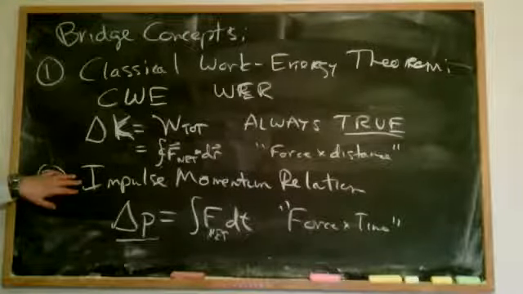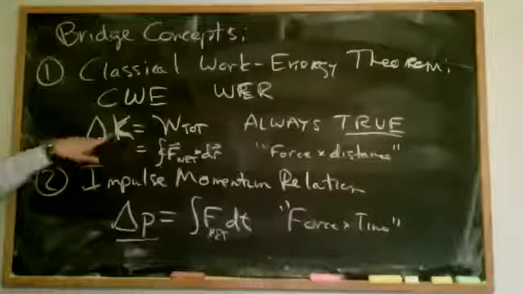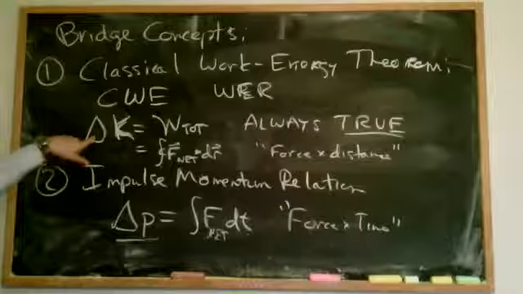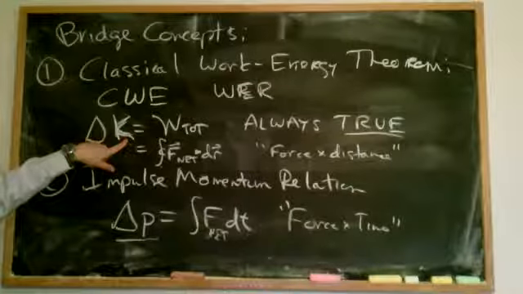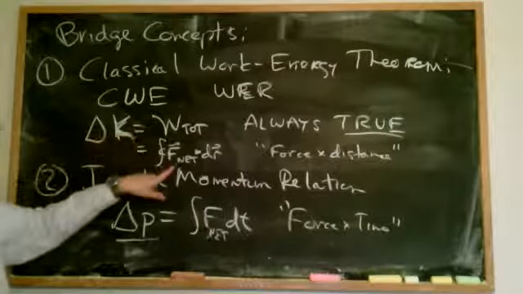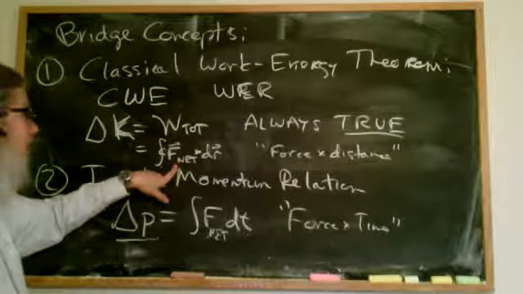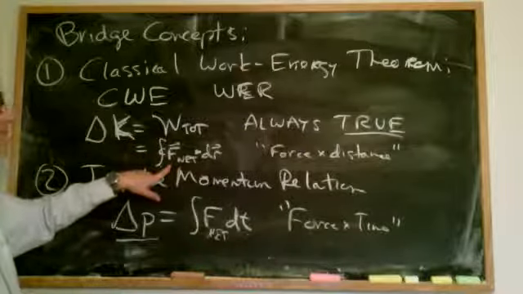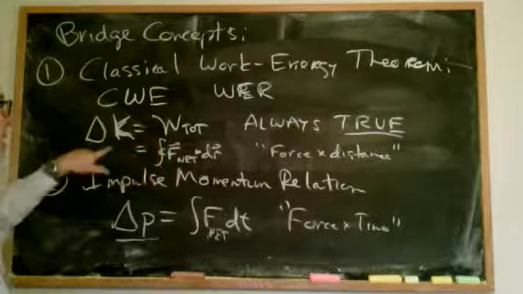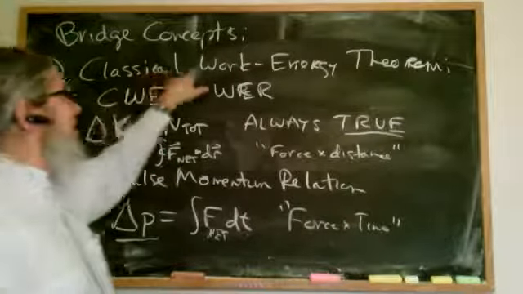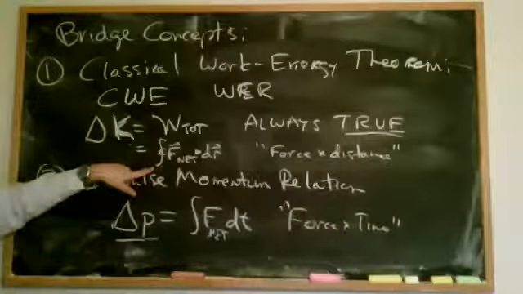And these are really useful. Like you'll see a problem where you say, oh, I need to figure out the final velocity. And so you'll say, I want to use conservation of classical energy. But then you'll notice that some of the forces, maybe a key force, is not conservative. That messes you up. You can't use conservation of mechanical energy because a force is not conservative. But you can always use the classical work energy theorem, even if the forces aren't conservative.